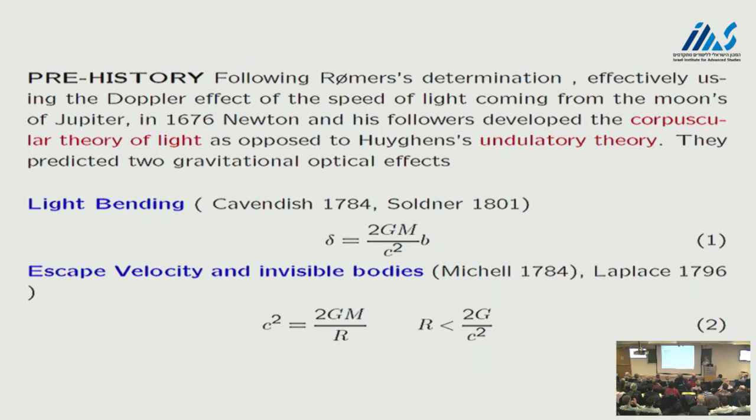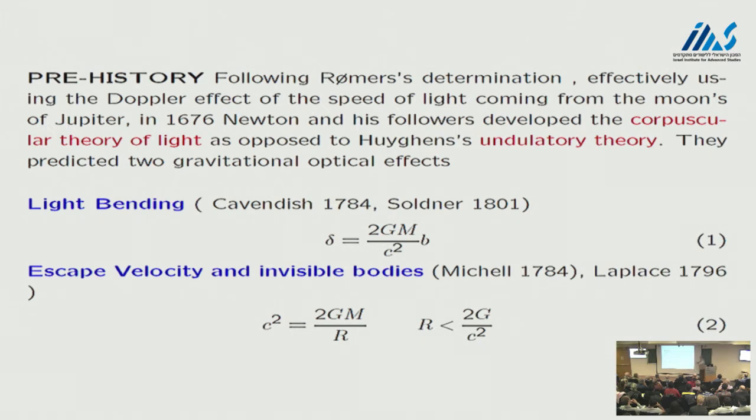Cavendish had a friend called Mitchell. He's not well known nowadays, but some historians regard him as the greatest physicist in England, at least, between Newton and Faraday, or Newton and Maxwell maybe. It was apparent to him that there would also be the phenomenon of escape velocity, and thus invisible bodies. And just equating the escape velocity squared,